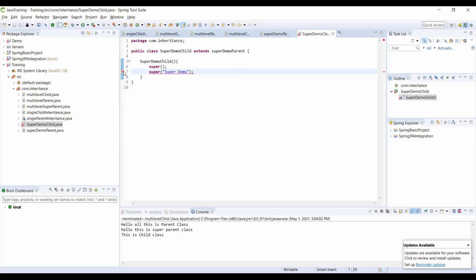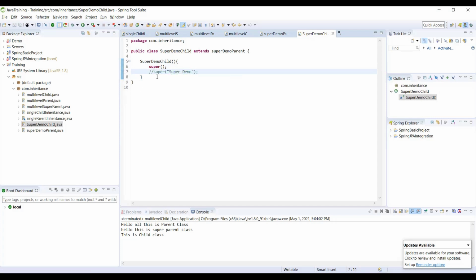Because constructor call must be the first statement in a constructor, right? I am referring to the constructor of the immediate parent object, but I'm already having a super here, which is the first instruction in the constructor of this class. And I am again trying to do a super, which it doesn't allow.